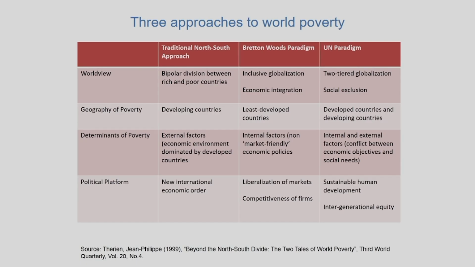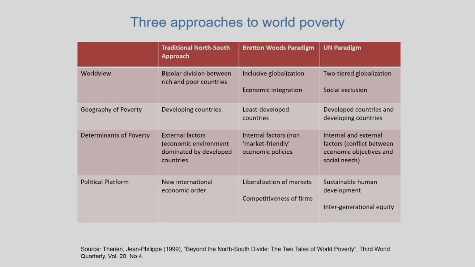The UN paradigm is talking about globalization with a human face, or adjustment with a human face, where it is saying that while income growth should be taken care of, we must also be concerned about distribution of income in the population of the country, whether or not it is leading to more and more exclusion of its population or it is becoming more and more inclusive.